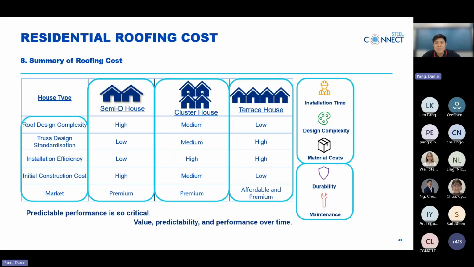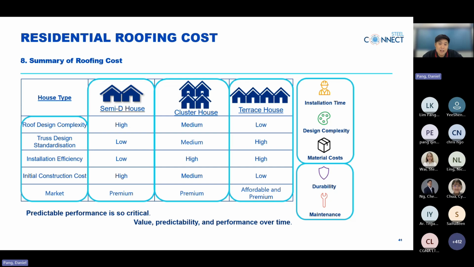So to wrap up everything we have discussed in this session, let's take a step back and look at the big picture of roofing cost. Firstly, we need to remember that roofing cost goes far beyond just material price. It includes how the roof is designed, how it is constructed, and how it performs over its entire lifespan, not